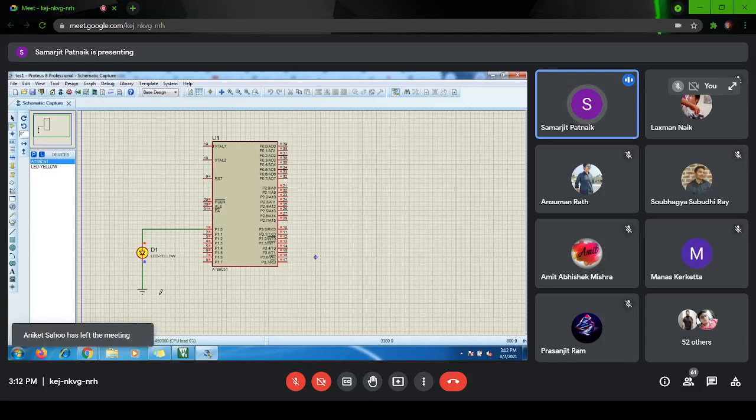So it will not be a very difficult task, but it will be difficult only if the software is not working, like Manas has reported. If your Proteus is not supporting, for a few cases it might not support. Then you have to find the corresponding Proteus software, and that might take some time. So just try to explore all the possibilities within today and tomorrow. And at least run this LED simulation. Then we will again meet on Monday.